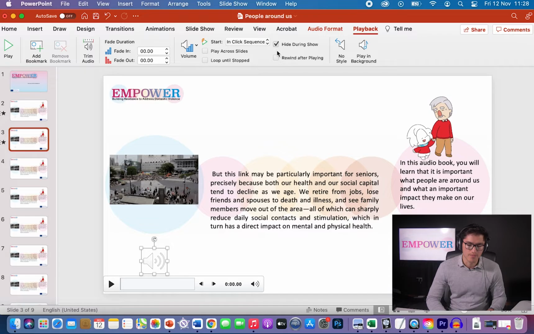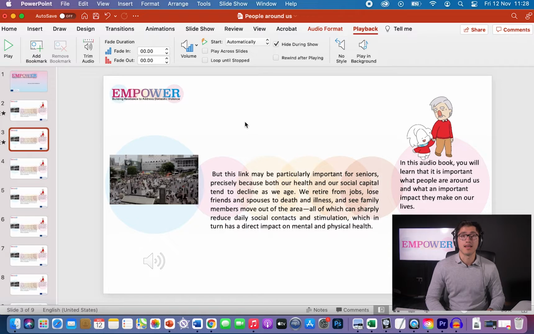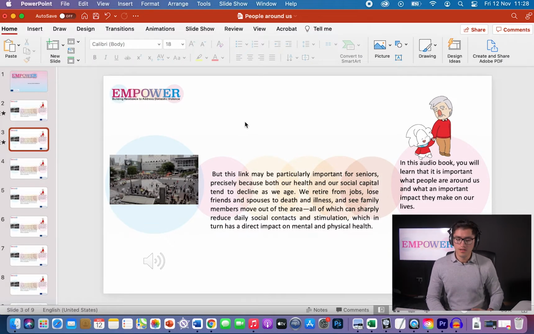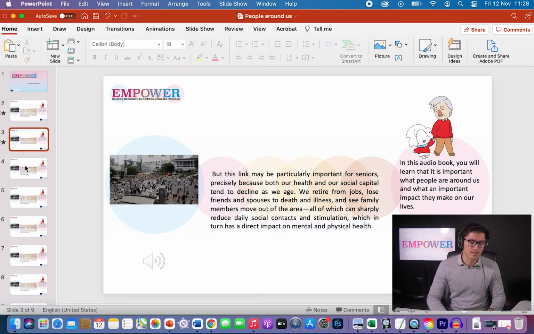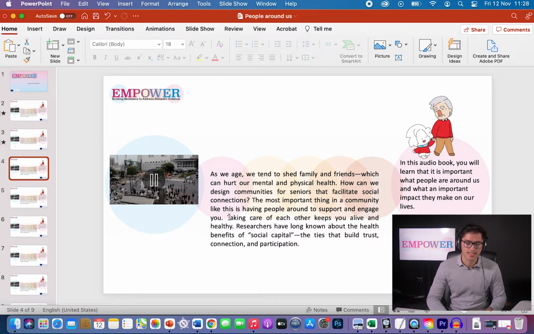We click here and choose Start Automatically and Hide During Show. That's basically all the process we need to follow, and I am going to show you how to do it with the next slide.